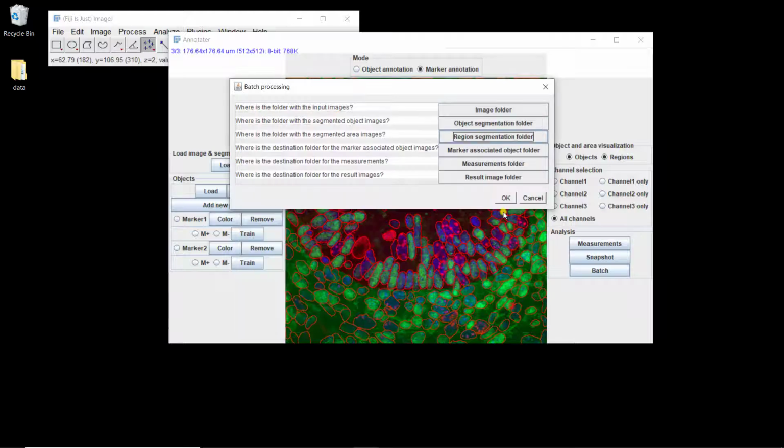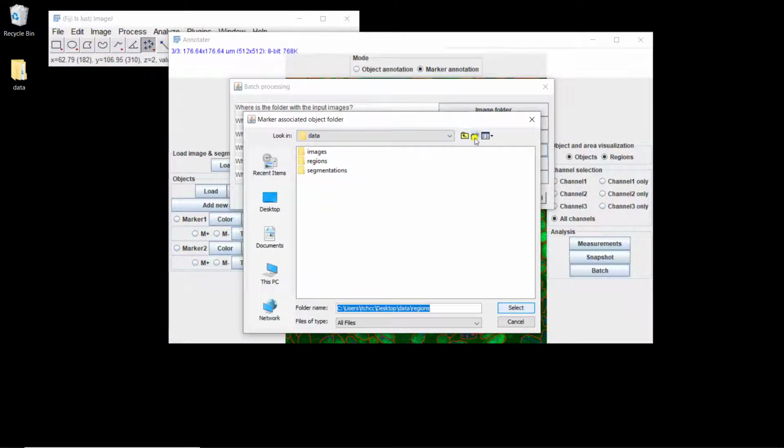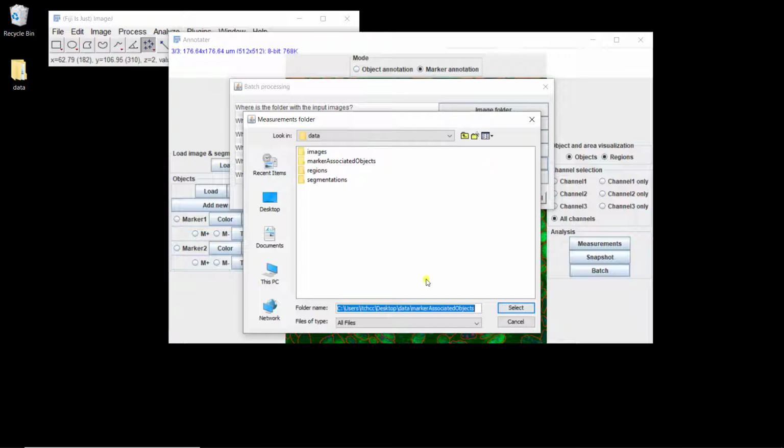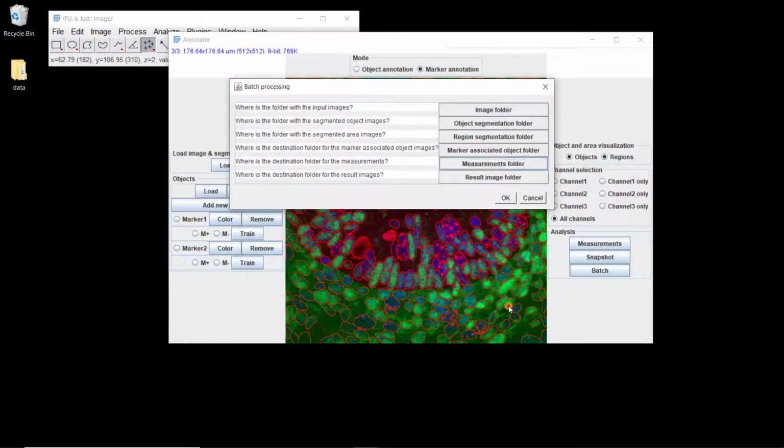Okay. Now I want to define marker associated objects, so that's for visual inspection. I'm going to define another folder, markers, marker associated objects. Okay, measurements, that's where all the features will be defined. So I'm going to actually just call it results. And finally, result image folder, where we'll have